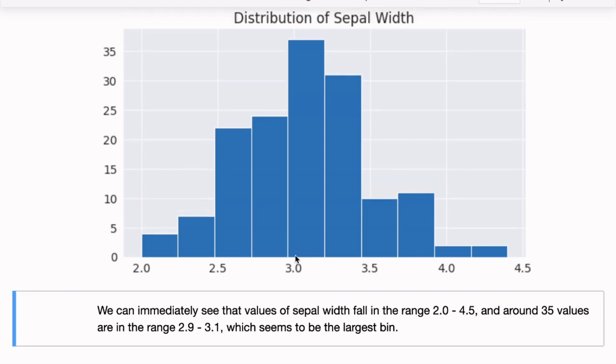So now when you study this, it seems like from 2.9 to 3.1, somewhere around that range, there are 36 measurements. So that is where a large number of measurements lie. And then it seems like there are more measurements on the larger side than on the smaller side. So from 3.2 to, let's say, 3.4 or something like that, you have another 30 or so measurements. Okay. So already now we know how the values of sepal width, the measurements, are distributed in the range that they take.